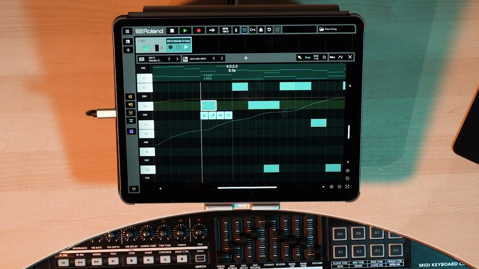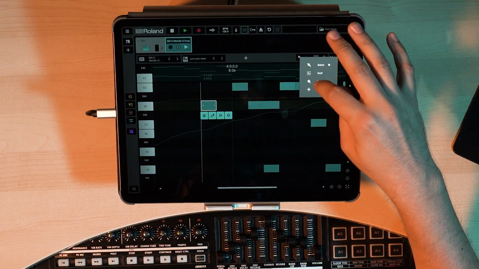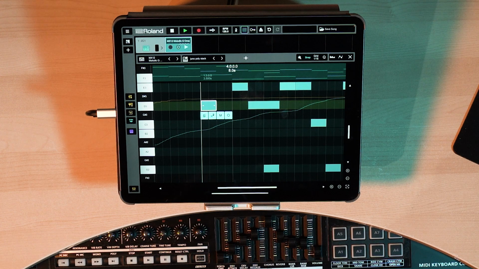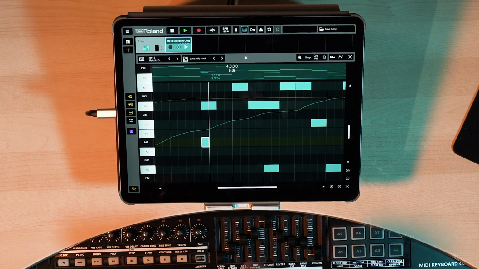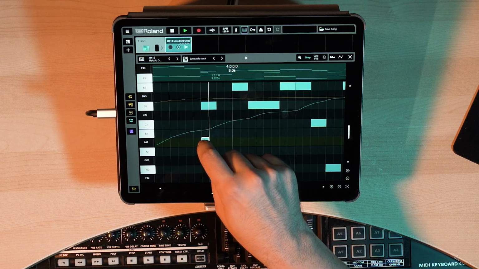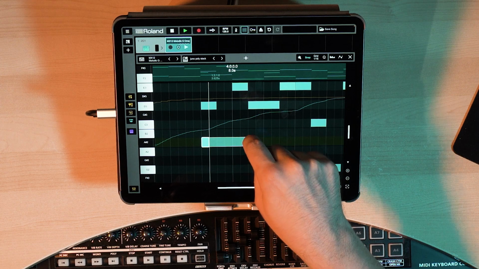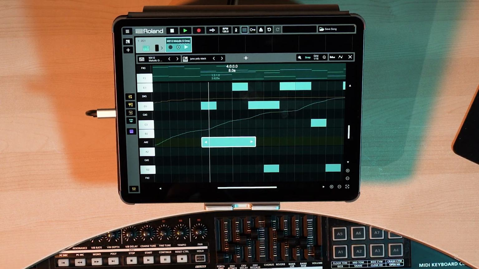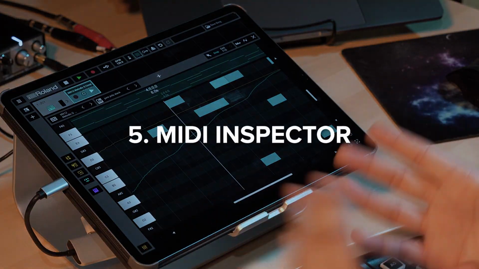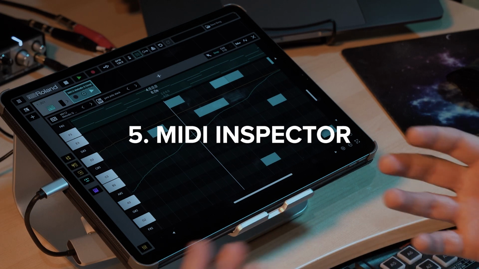The next most commonly used tool is the Paint tool. This enables you to use the MIDI editor kind of like our drum step sequencer, where you can simply tap in the empty area to create a note and tap again to delete it. You can also tap and drag to draw notes of different lengths. Alright, now let's move on to some more advanced features, bulk editing tools.